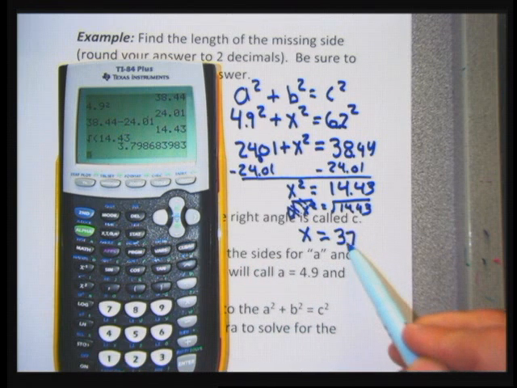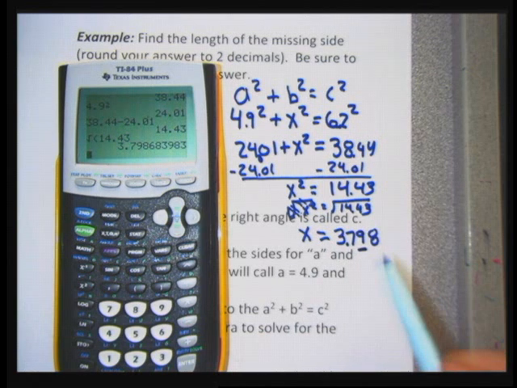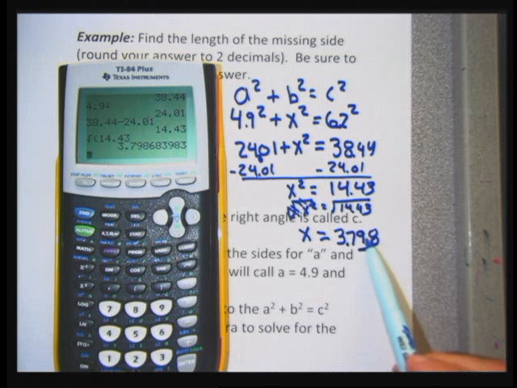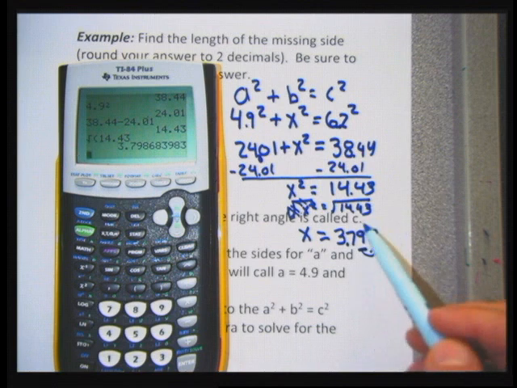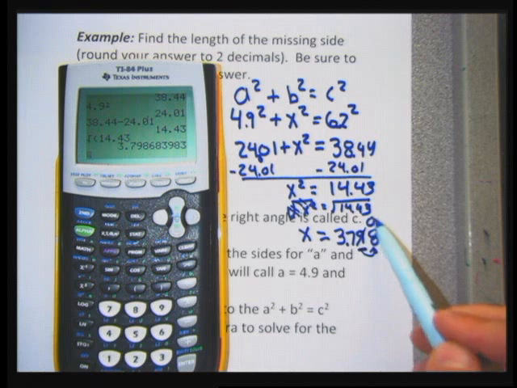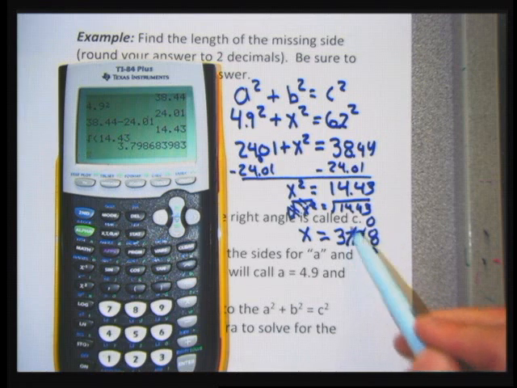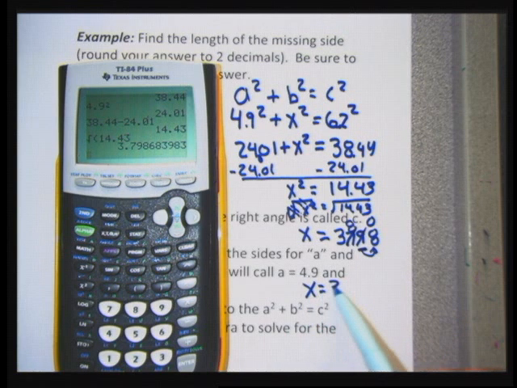And this is tricky rounding, so I'm going to actually show it to you. To round to 2 decimals, I have to decide whether I'm rounding that 9 up or leaving it at a 9. So I look at the number in the 3rd decimal place. That tells me to round the 9 up. The 9, when I round it up, rounds up to a 10. And I have to carry the 1 over to the 7 and round it up to an 8. So 3.798 rounded is going to be 3.80